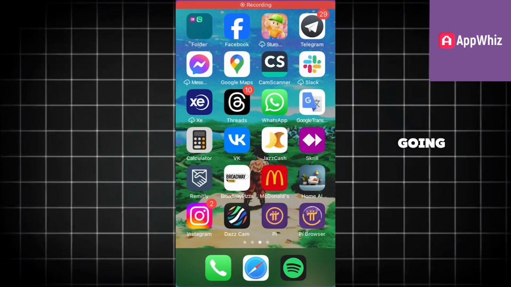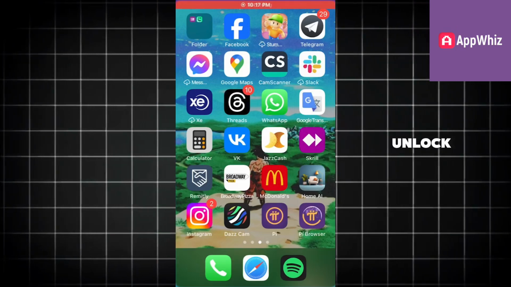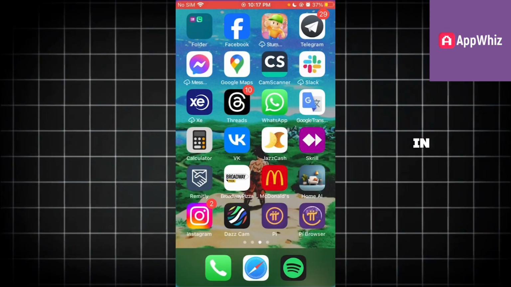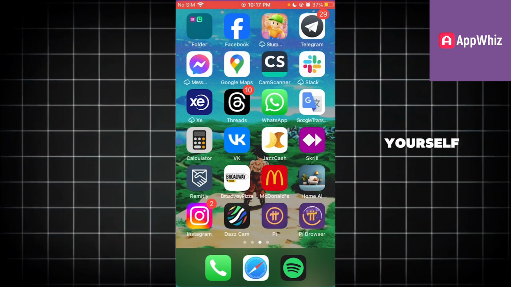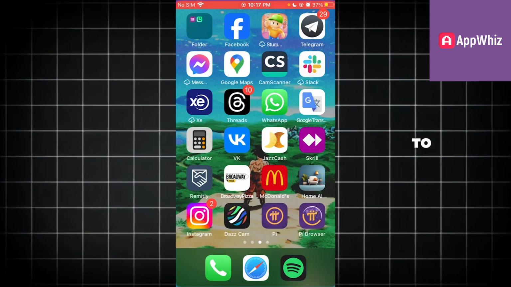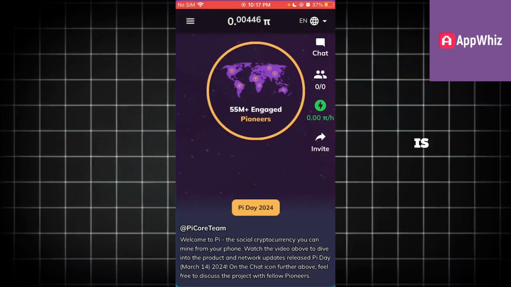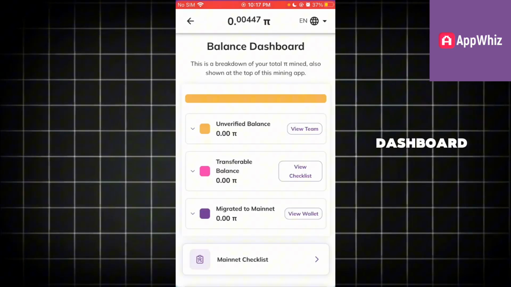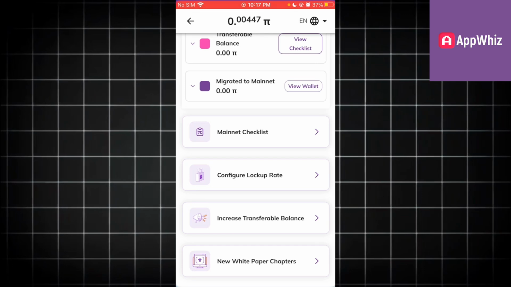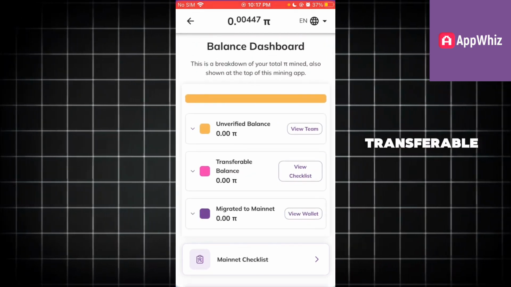In this video, I'm going to be quickly showing you how you can unlock the Pi token on the Pi network in the easiest way. So to do this for yourself, you're going to go over to Pi now. In the case that you don't have the Pi network unlocked, what you can do is go over to your balance dashboard. And first of all, you're going to go to transferable balance